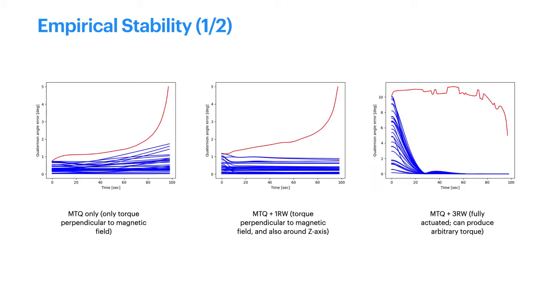Next, I empirically evaluated the stability guarantees by generating random initial conditions such that the initial pointing error is less than phi naught for all three systems, and then propagating the closed-loop system with LQR control. The set of angles phi is shown in red for reference. In practice, these trajectories show much better convergence than is guaranteed.